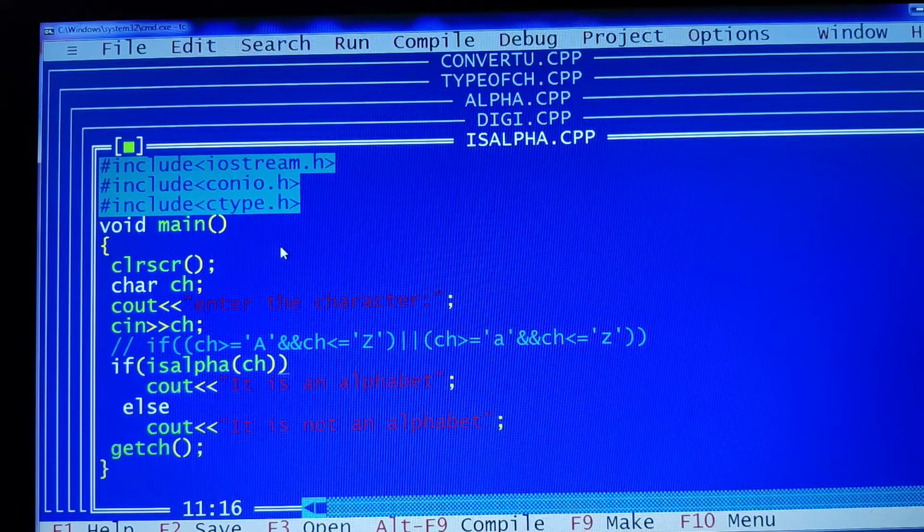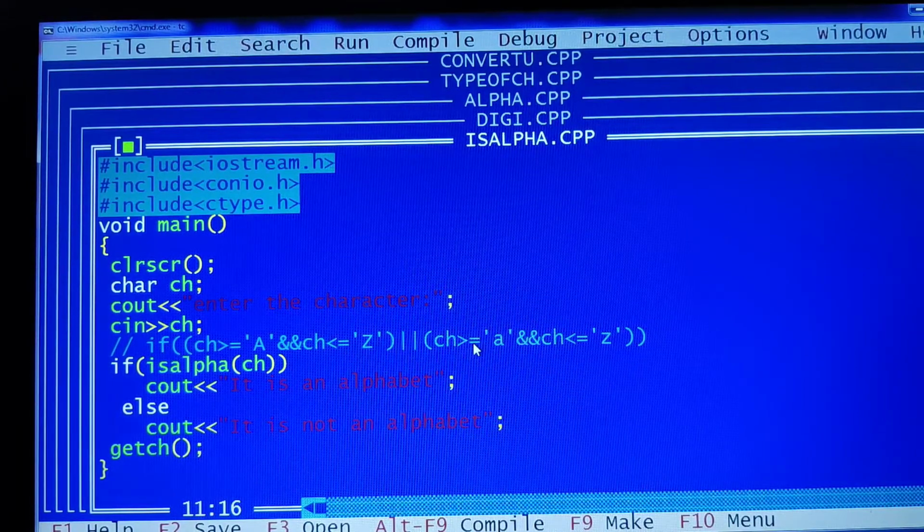Here there are two ways actually. This one is a statement wherein I can find out whether an entered character is an alphabet or not without using any inbuilt function, so I have made it a comment here. But here I am using one of the inbuilt functions known as isalpha, which belongs to the header file known as ctype.h. For isalpha, I am giving the input as a character, and I am asking the user to enter the character. One way is you can even directly initialize it here,